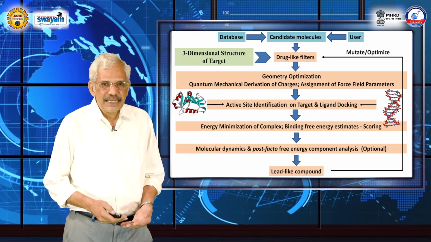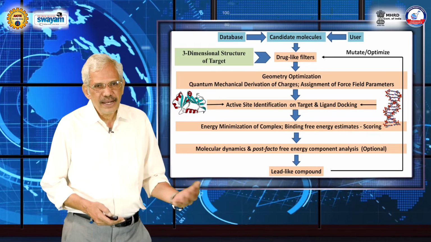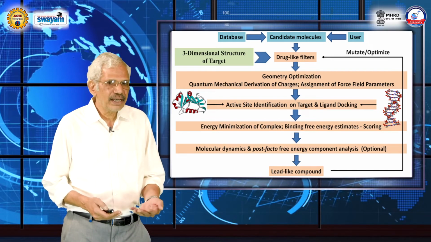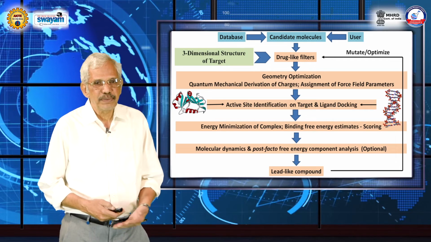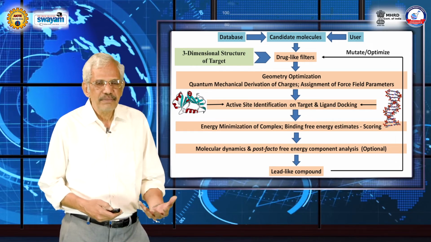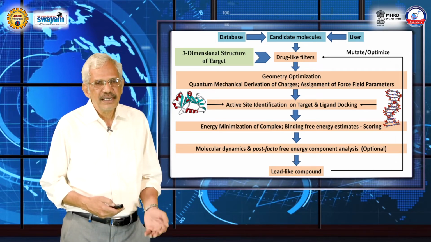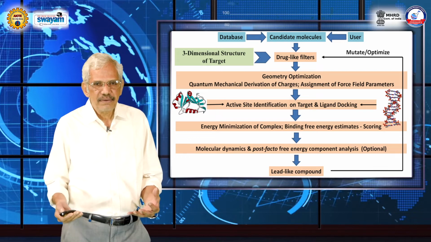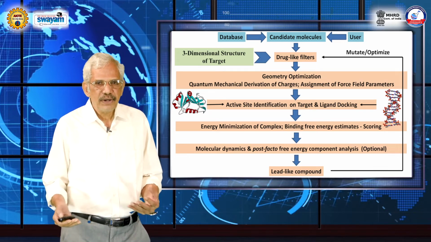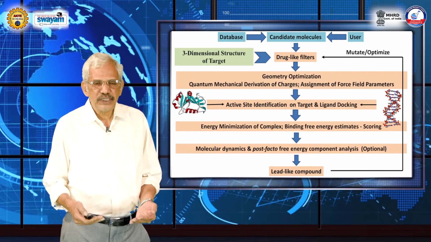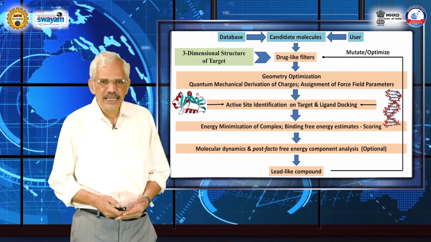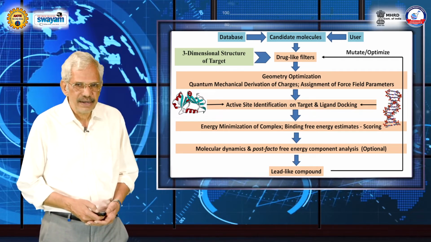And then the next step will be, of course, put in the three-dimensional structure of the drug target. If you have it, fine. If you don't have it, you can always generate, and we have enough software such as Bhagirath available to develop three-dimensional structures of the protein target. We can also do a DNA target very easily. So having obtained the 3D structure and your drug molecule parameterized, now you are ready for active site identification and docking.